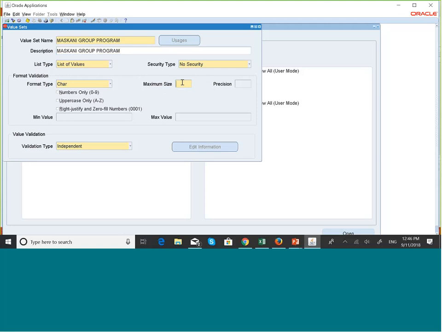Maximum size we are going to use for this is 3. All right, let's create our future value sets, which are going to be empty. We're going to use 3 maximum size. Let's say that,